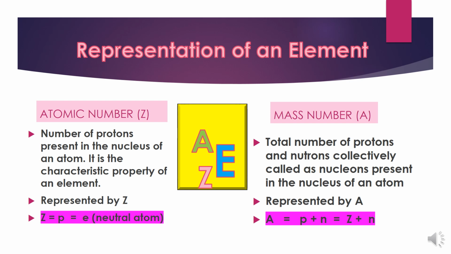And the second important property is mass number. Mass number of any element is equal to the sum of the number of protons and neutrons present in the nucleus of an atom, and protons and neutrons are collectively called nucleons. So this mass number is represented by the symbol A and it's formulated as A is equal to P plus N. As P is the number of protons, that is also equal to the atomic number. So we can also calculate the mass number of an element if we know the atomic number by adding the number of neutrons to it.